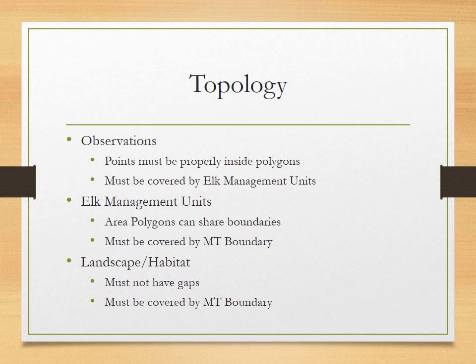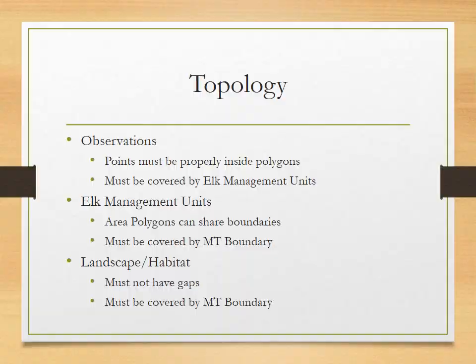We don't want gaps where an observation might fall into an area that hasn't been identified by a boundary. That elk management unit is then also covered by the Montana state boundary, since we want to focus on the state. And landscape habitat, we don't want it to have any gaps, and it must also be covered